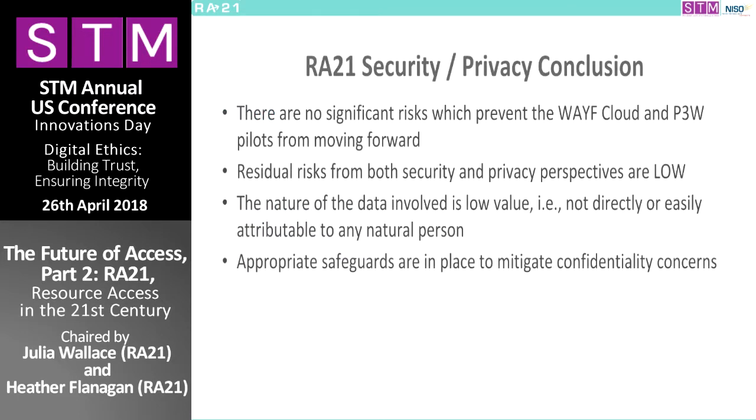Good news is, again, we'll share the detail later. The output of the security threat analysis is levels of priority. Priority 1 means the highest risk, very likely to happen, and easy to impose a threat. And priority 4 is not likely to happen, and it's very difficult to actually create an environment that would impose a threat. Almost all of our criteria passed with a priority 4 level. There are no significant risks in either pilot which would prevent them moving forward.